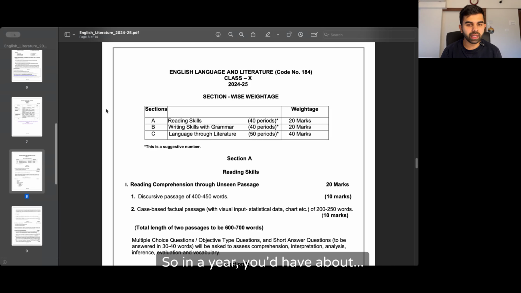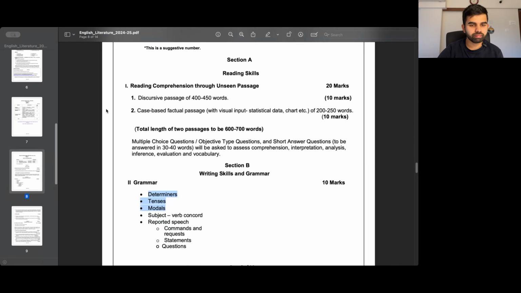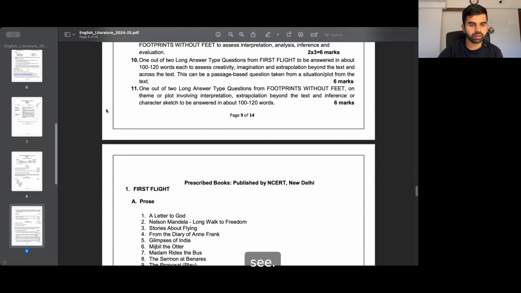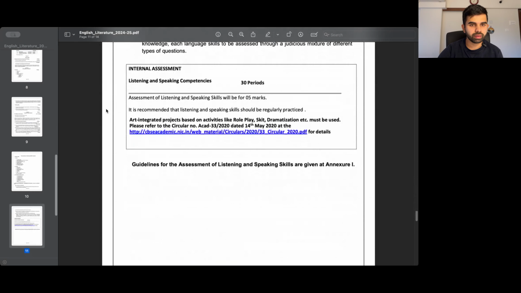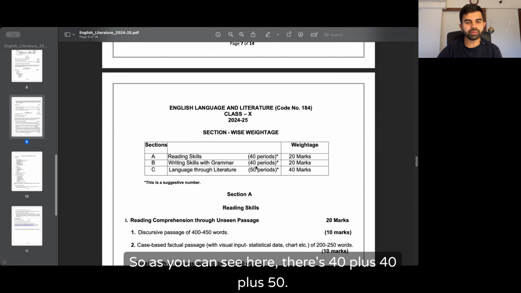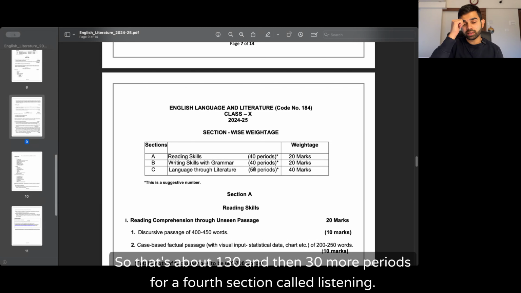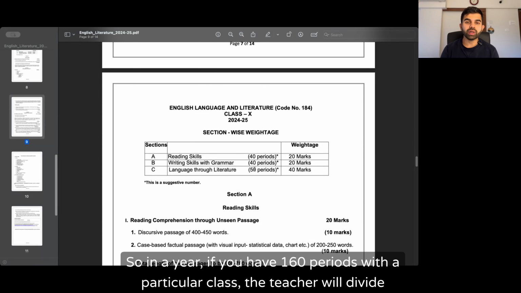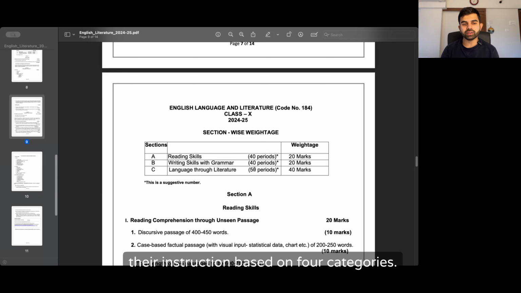So in a year, you'd have about, let's see. So as you can see here, there's 40 plus 40 plus 50. So that's about 130, and then 30 more periods for a fourth section called listening. So in a year, if you have 160 periods with a particular class, the teacher will divide their instruction based